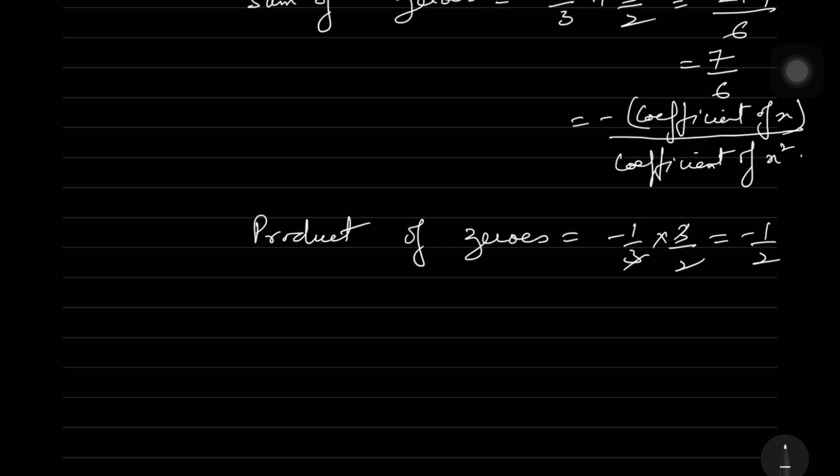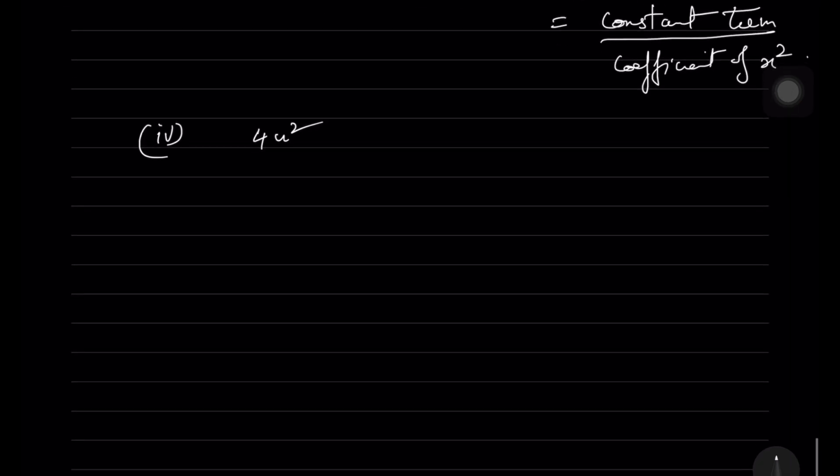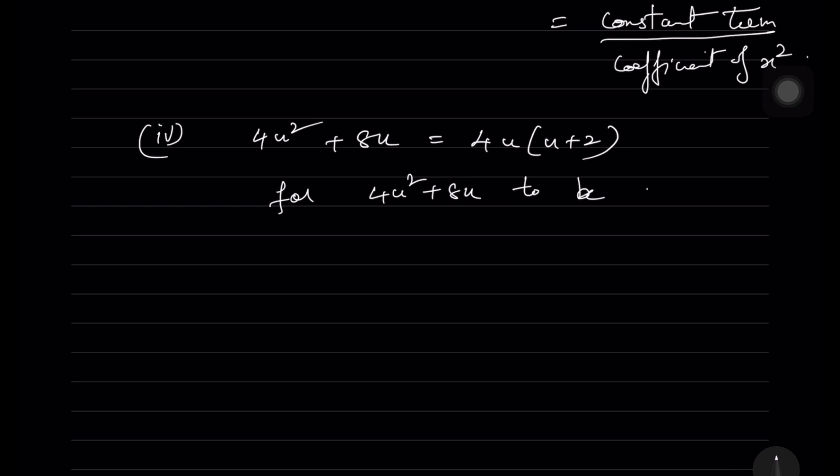Product of zeros is nothing but minus 1 by 3 into 3 by 2. The 3 will get cancelled, so you are getting minus 1 by 2, or you can write it as minus 3 by 6. According to the problem, that is constant term by coefficient of x square. When you write it as 3 by 6, you will get half. Okay. Now next, the fourth one, we have